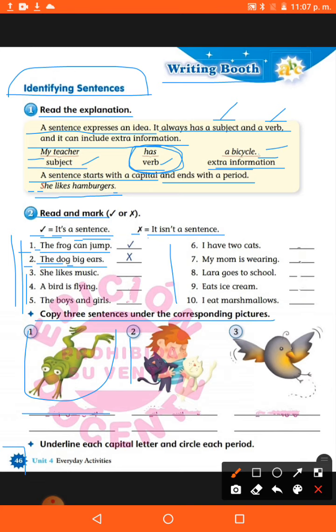Okay, you are going to look at the picture number 2 and you are going to write a sentence about this picture. Okay, remember the rules you need to follow to write a sentence. You need a subject, you need a verb, or an extra information or complement. Okay,